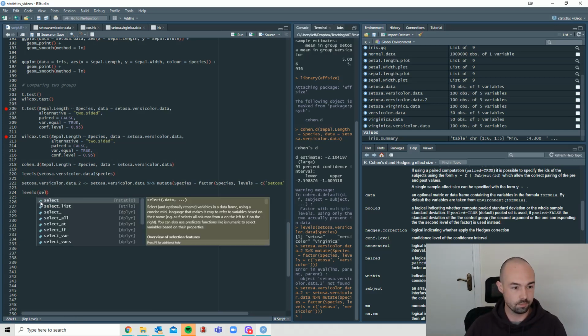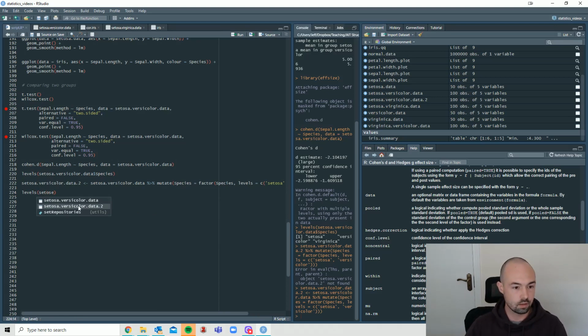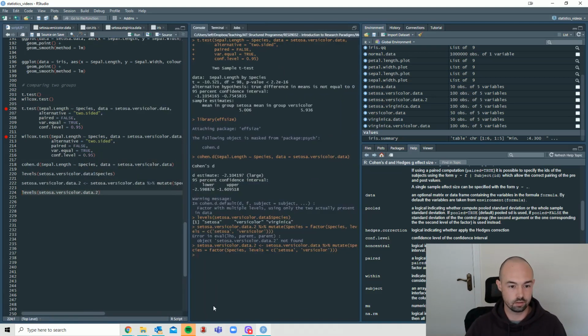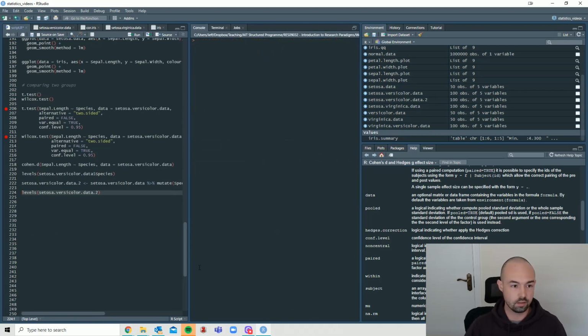But this time, when I use levels, and I'll bring this back over here, clear all of that. If I check the levels of the Setosa versicolor data, the species variable within that, you can see I've got 3 levels. What I've done now